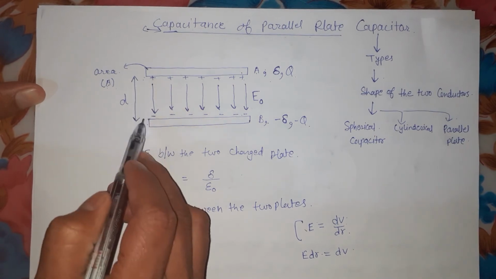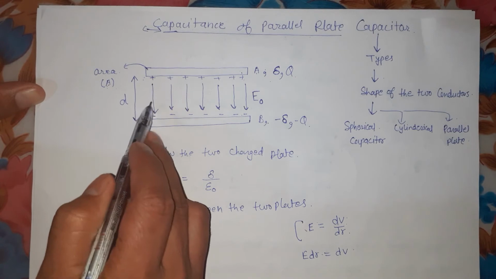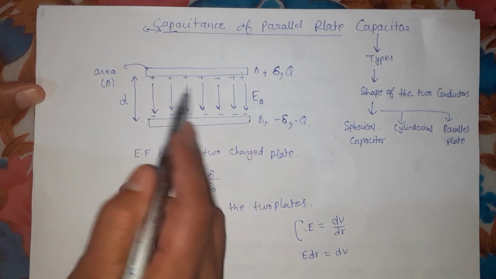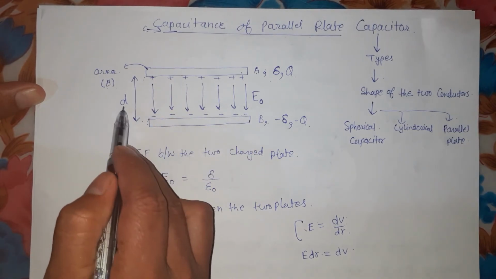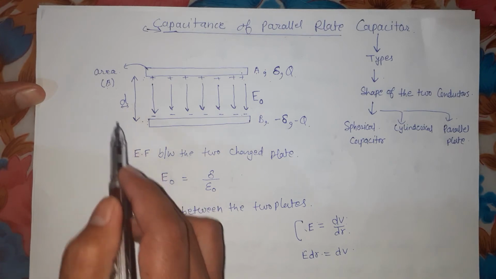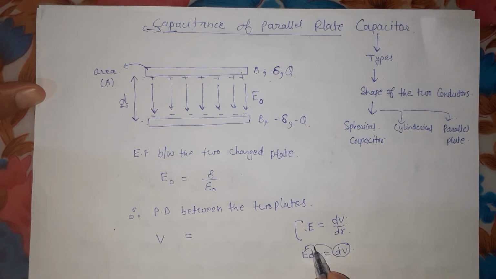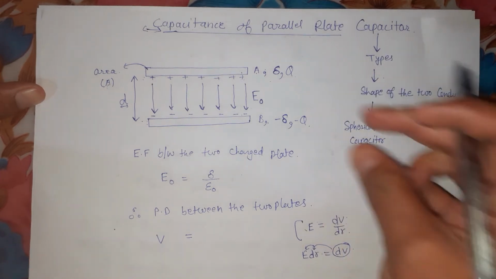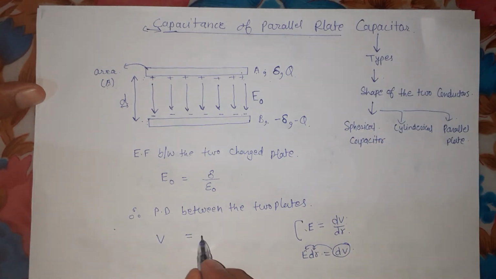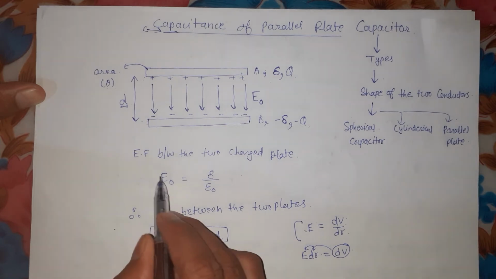If you look over there, the electric field between the plates is E naught, and the separation of the plates is D. So what will be the potential difference? Just look over here: the potential difference will be given by the product of the electric field and the region in which it is present. So we get that electric field E naught is present in that D region. This is the potential difference we are having.